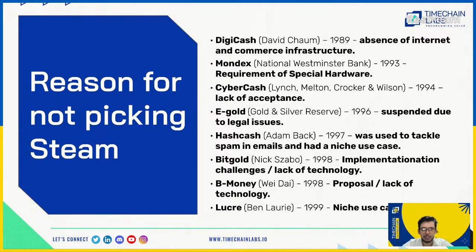Hashcash was launched. There was a niche use case for Hashcash, which was not for money. It wasn't used exactly for money, but it was an interesting solution that got adopted and referenced in the Bitcoin white paper also, which is to use the hashing algorithm that computers do to prove that they have hardness of computation, or they have solved a computation puzzle in order to prevent spam. This is how it started, to prevent spam in emails.